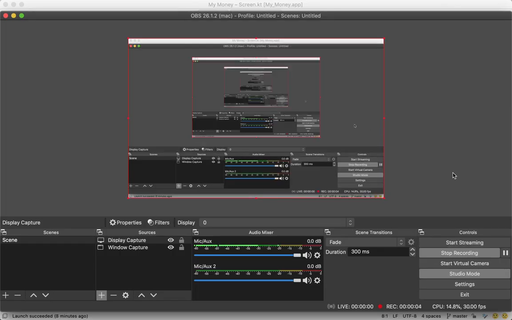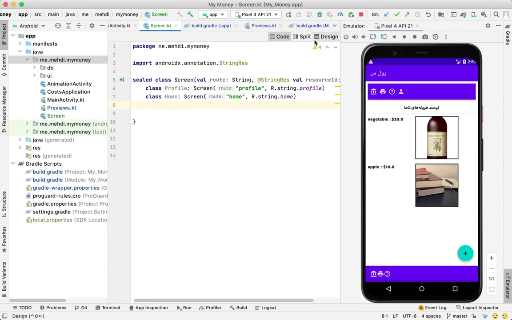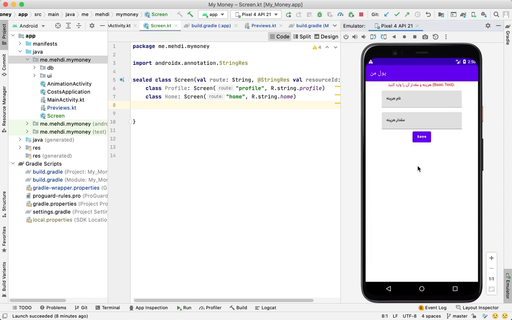Okay, here's what I got so far. This is our application. It is running. It's a simple list. You can navigate to a new item screen by pressing the floating action button and enter the item's name and cost value, and then you can press save. It will be added to the list,